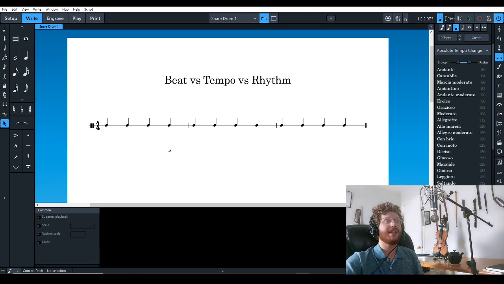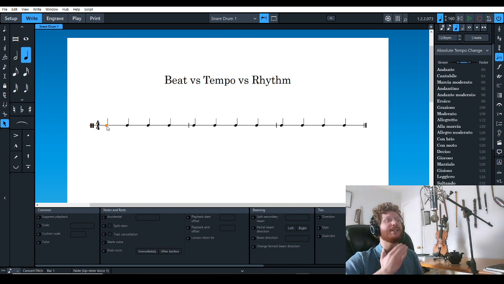This is a short lesson on beat versus tempo versus rhythm. People often toss these into the same basket, thinking they have the same relative meaning, when there are actually some subtle differences between them. The beat is the pulse of the music. It's what you clap along to, it's what you stomp your foot to, it's the heartbeat and the driving factor